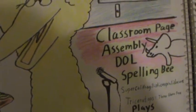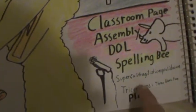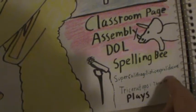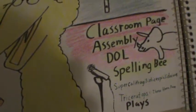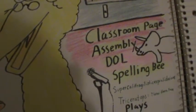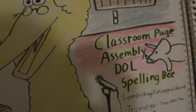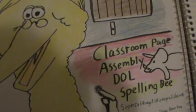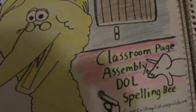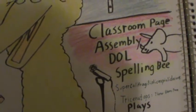And I remember, I don't even know if it was a spelling bee, but I used this like triceratops, and then supercalifragilisticexpialidocious. Most of us have heard it from the movie Mary Poppins. I don't know if it's French or Spanish for excelente or something like that, it's like a song. I guess I heard it. It's a song that they would sing for happy cheers. But basically, I don't think I was ever in a spelling bee,